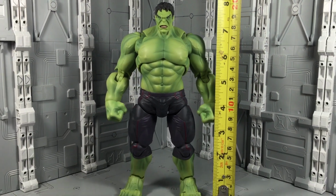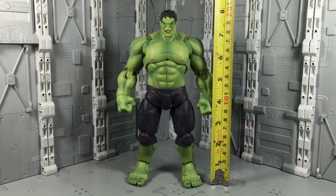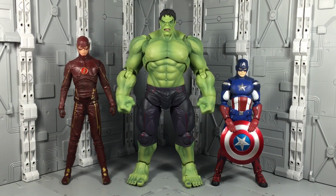perspective. Coming in at just under the 8-inch mark, the Hulk is huge for an S.H. Figuart. However, being a non-scale figure, getting him sized up perfectly with toys not under the Tamashii Nations branding will